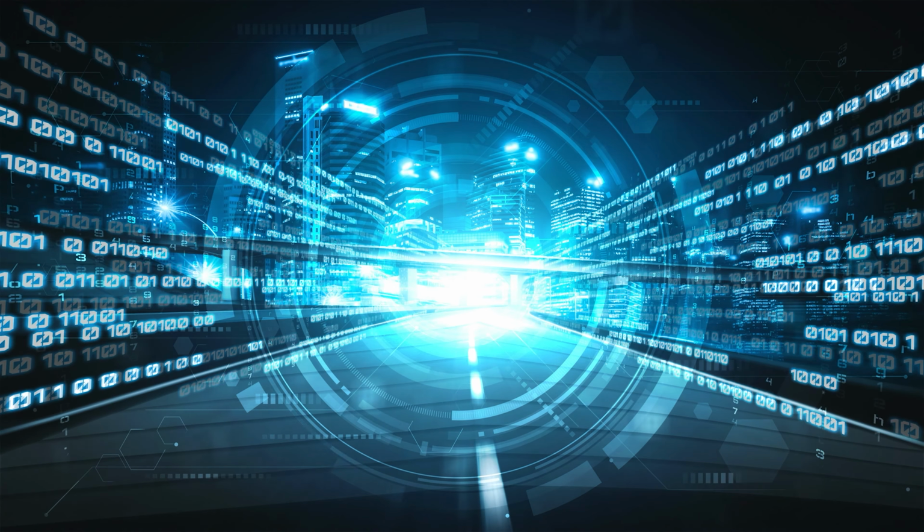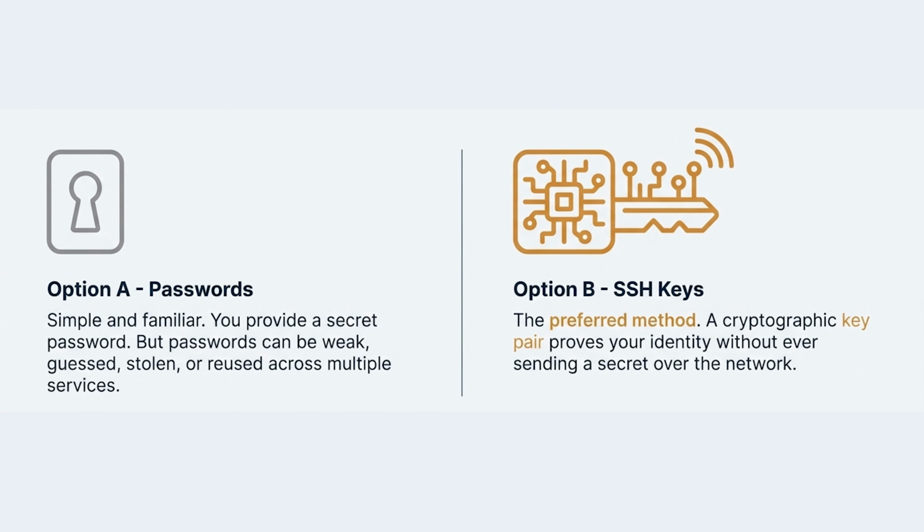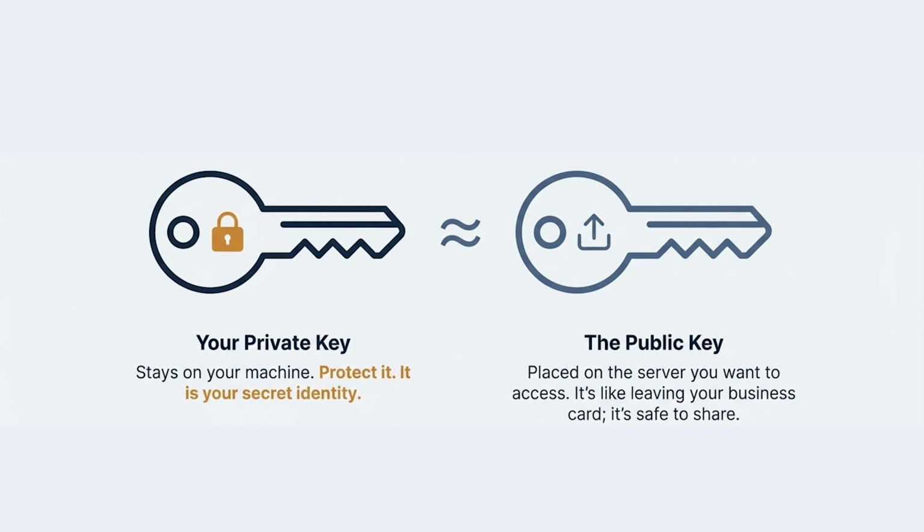There are two common ways SSH handles identity. First, passwords. This is the simplest method, but it carries risks because passwords can be guessed, stolen, or reused. Secondly, SSH keys. This is the preferred method for many teams because it is stronger. It uses a private key, which stays secret on your own machine, and a public key, which is placed on